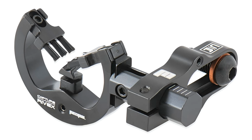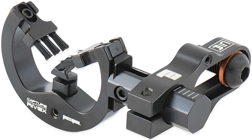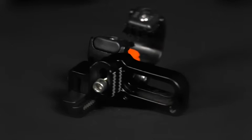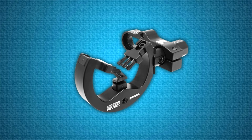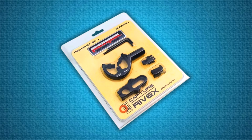Instead of a full bristle halo, it uses a durable bottom brush for lift and 2 side brushes for lateral hold. That bottom brush is tougher than nylon tufts, and it ships with spares along with a replacement base pad, Allen keys, and a mounting bolt. The ambidextrous clamp also flips for right or left-handed bows, making it a smart pick for club rentals or family